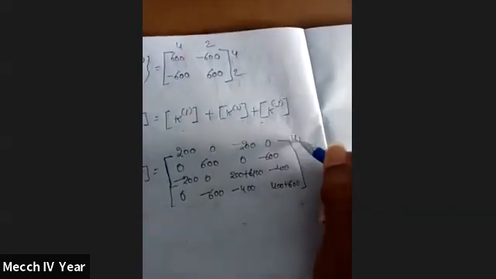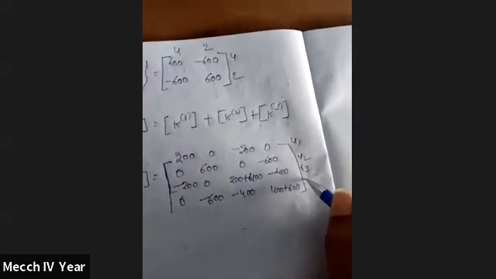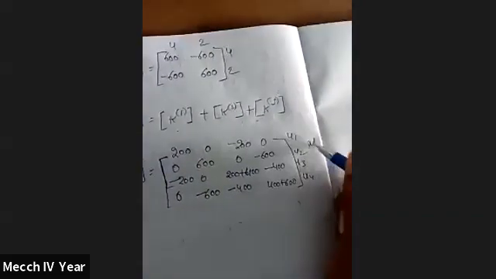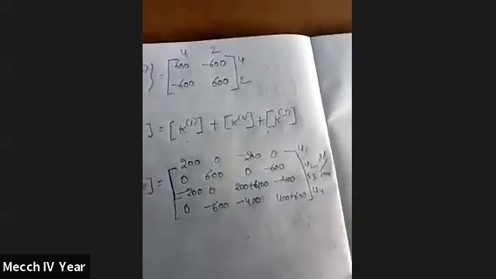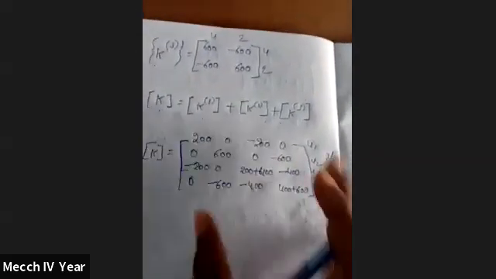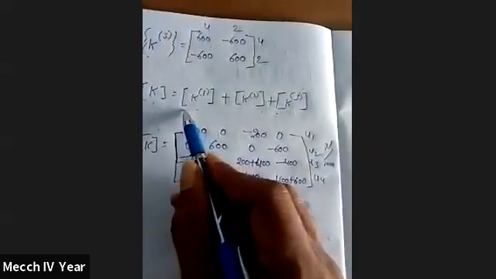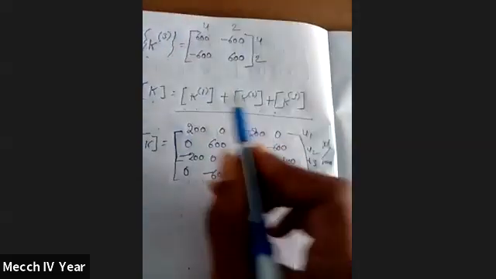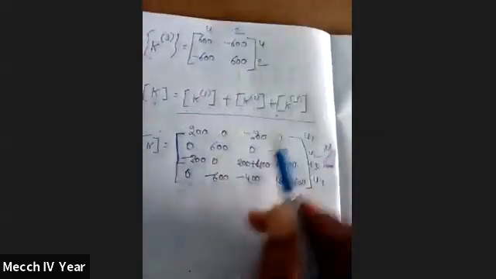Then here we see this one is U1, U2, U3, and now here U4. All are in Newton per mm. Okay, so we are adding. All of them we are going to add: K1, K2, K3 we are adding.